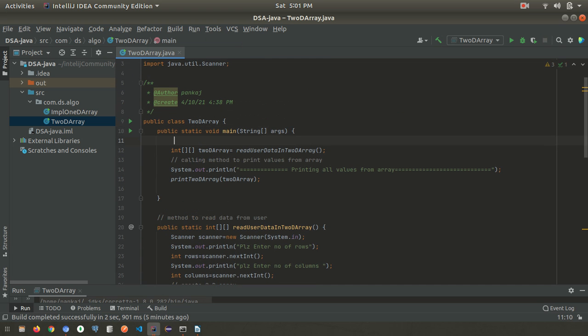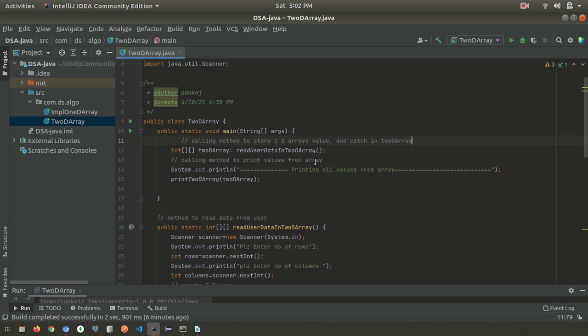So this line is all about calling the method to store 2D array values and catch in this variable, two-dimensional array.